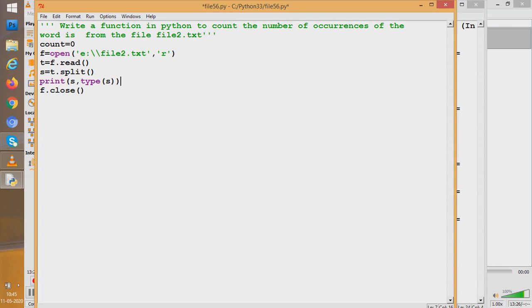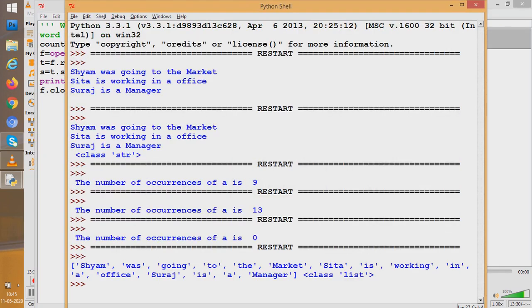So if I run it like this, you'll understand. See, s has the words from the file, kept as elements of the list s. So you saw how I brought the words together for us. Now I can see each and every word properly, check whether "is" is there or not, and count. So this is the technique we use.